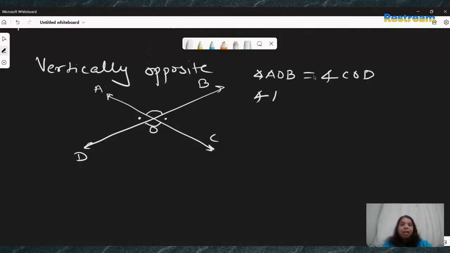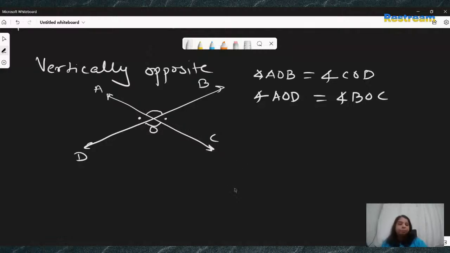But angle AOD is also equal to angle BOC, even though they don't look vertically opposite, they're still opposite to each other. They are made by two intersecting lines. So whenever angles are made by two intersecting lines, they are to be treated as vertically opposite angles. And writing vertically opposite is a valid way of answering the question. Okay. So these were different types of angles and different ways of